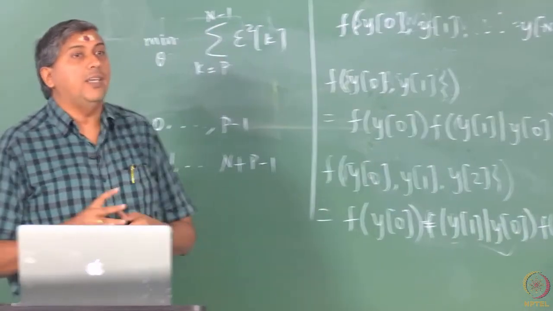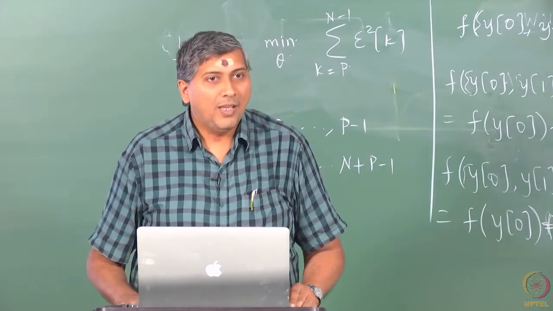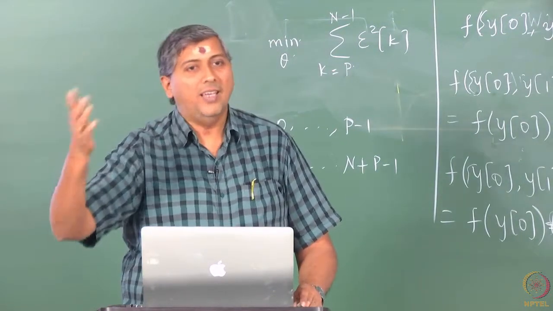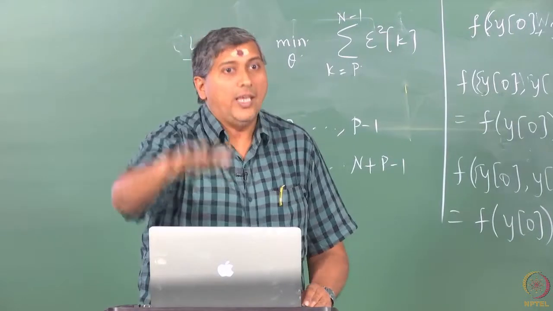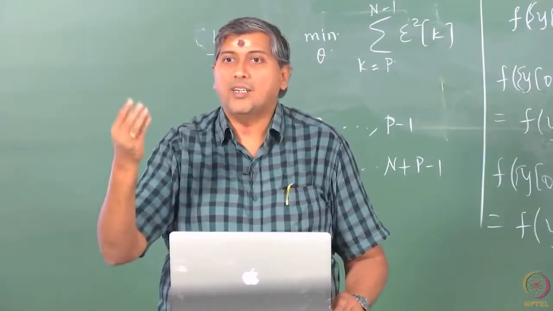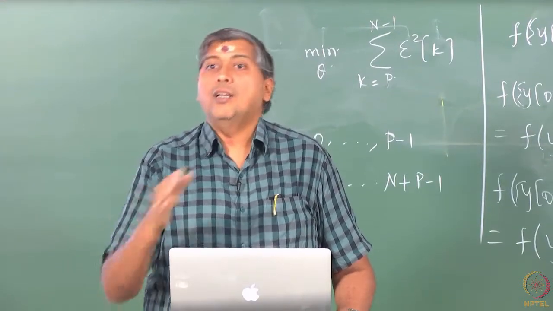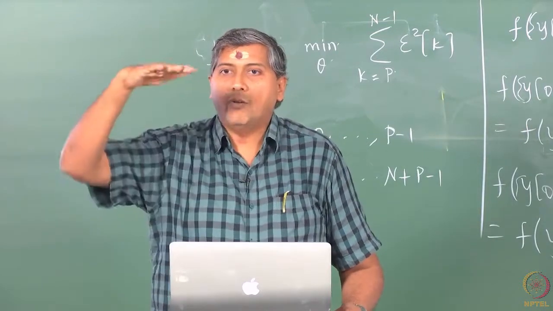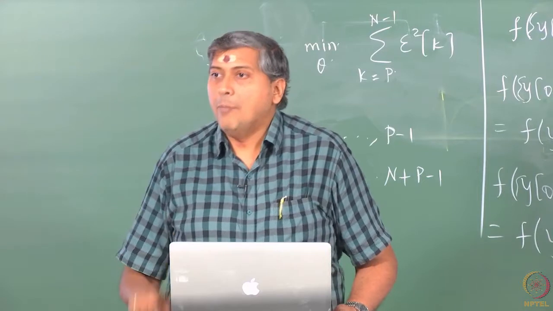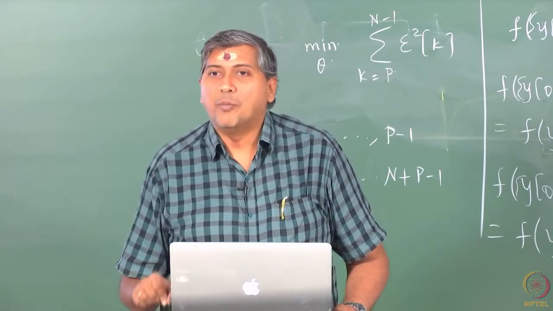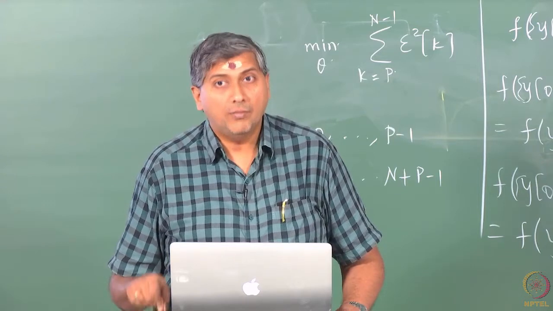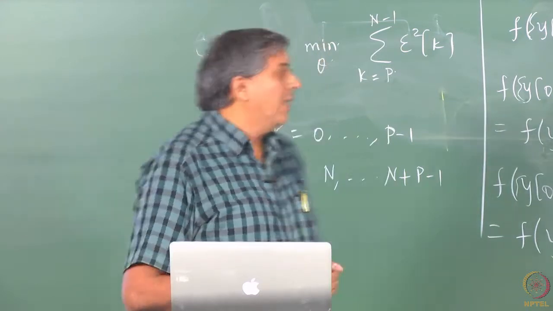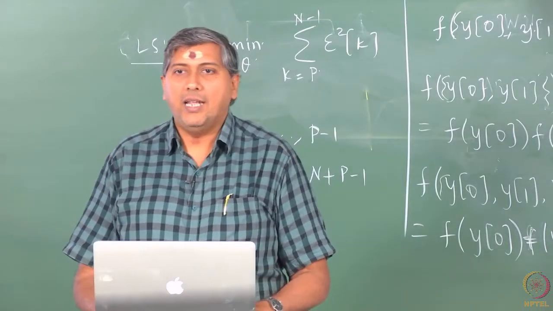This is the prime difference intuitively between the least squares approach and the MLE. In least squares, what do we do? To set up our prediction errors, we throw away the initial observations. We say everything is centered around Y0. You keep Y0 fixed and then you construct your prediction errors from 1 onwards. If it is AR(P), then you freeze your first P observations and start setting up your equations from P plus 1 onwards. MLE says, no, every observation is important, and I will take into account the randomness in the P observations, and that is what MLE is doing. That is the prime difference between MLE and least squares.